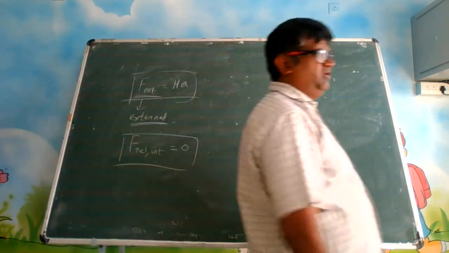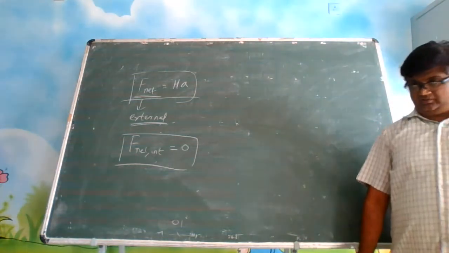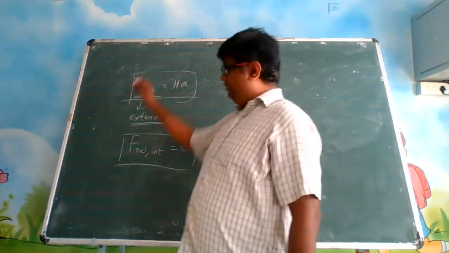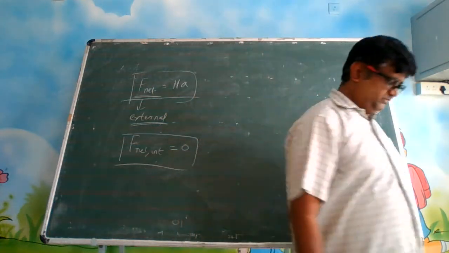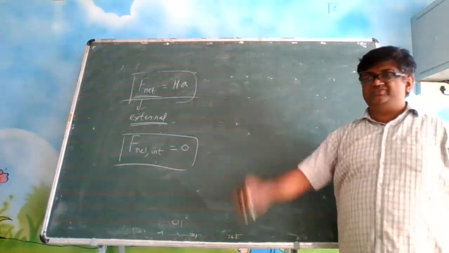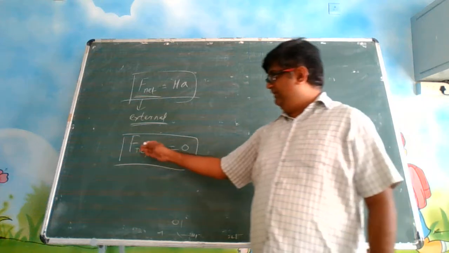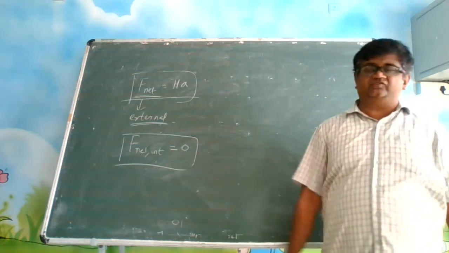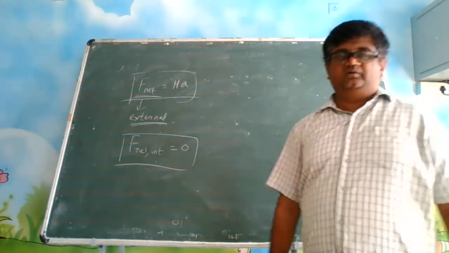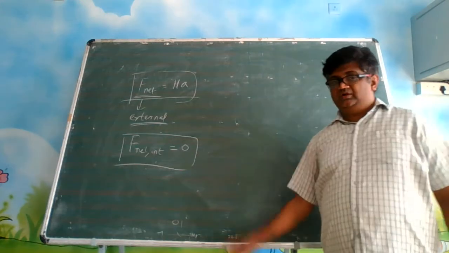So Newton's second law, what we are saying, no? The force is equal to mass into acceleration. The force we are talking about is the external force. The external force is creating that mass into acceleration. That much force is being generated. But what is the role of internal forces? If you take sigma F net, the sum total of all internal forces, it will be equal to 0. I have shown you that.